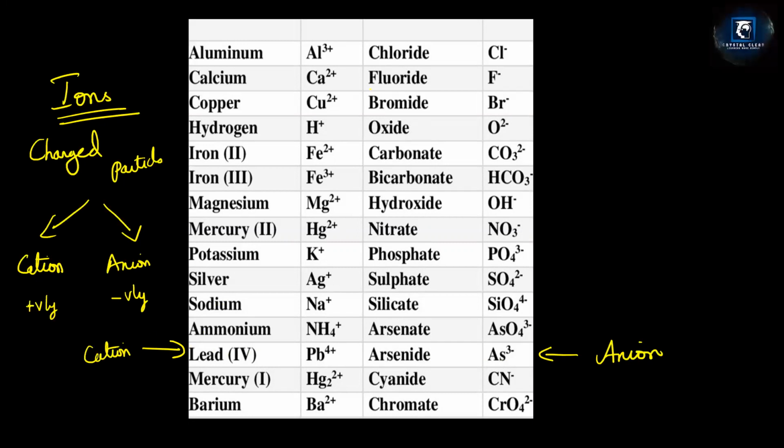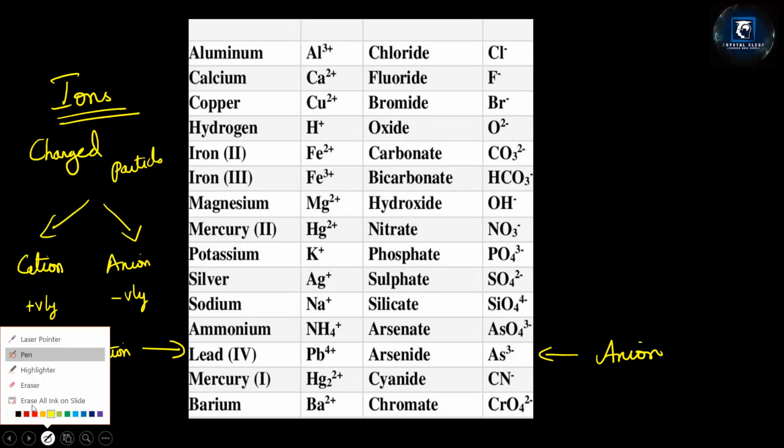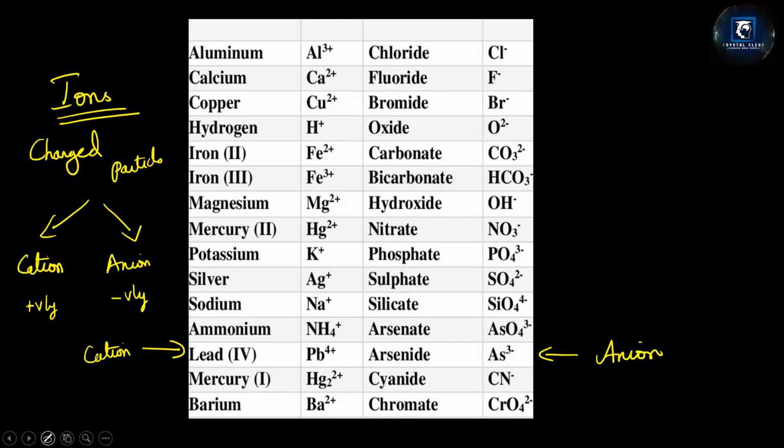Okay, depending upon the valency, the numbers are denoted. The valency for aluminium is 3, so it is Al 3 plus. The valency for chlorine is 1, so only 1 minus. Bromide ion: when you say element, it is bromine. When you say ion, it is bromide. When you say element, it is oxygen. Okay, these are elements, when you say them in element form.